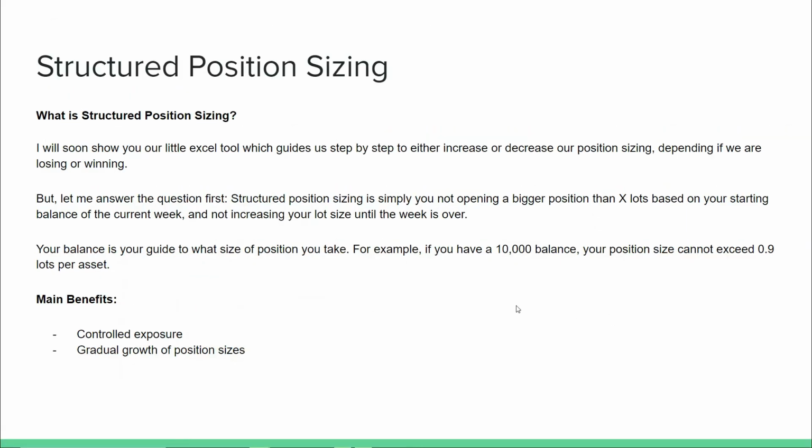So I showed you the actual structured position sizing sheet. I hope you understand what I'm talking about, and I'm going to give you the two main benefits for this. The first one is you have controlled exposure. You can't get very hurt. If you have 10,000, 0.9 lots, you're not going to get very hurt unless you have a 100 pip stop